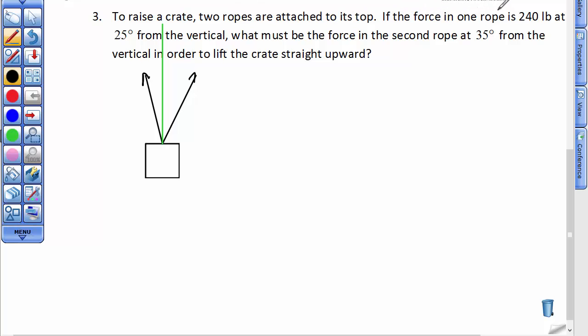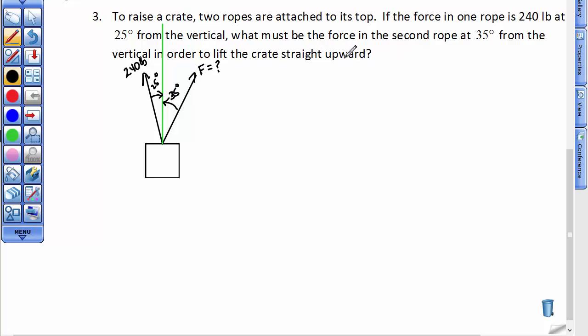If the force in one of the ropes is 240 pounds at 25 degrees from the vertical, 240 pounds at, this is probably not 25 degrees, but I just try to draw my best. So at 25 degrees from the vertical, what must be the force in the second rope that's at 35 degrees? So this is my attempt to put a 35-degree angle. And I want to know what the magnitude of that force will be in order to lift the crate straight